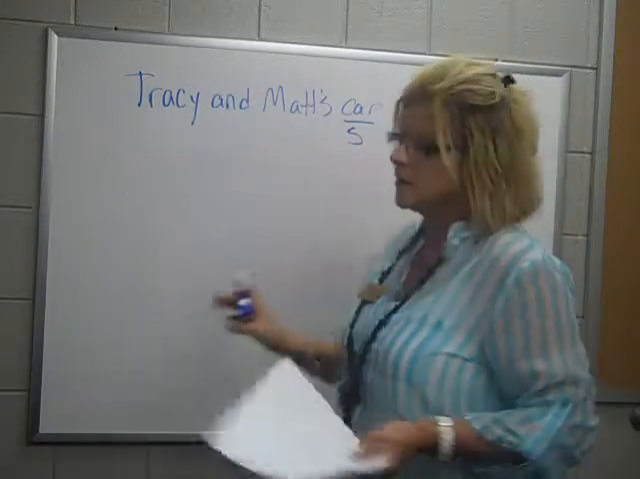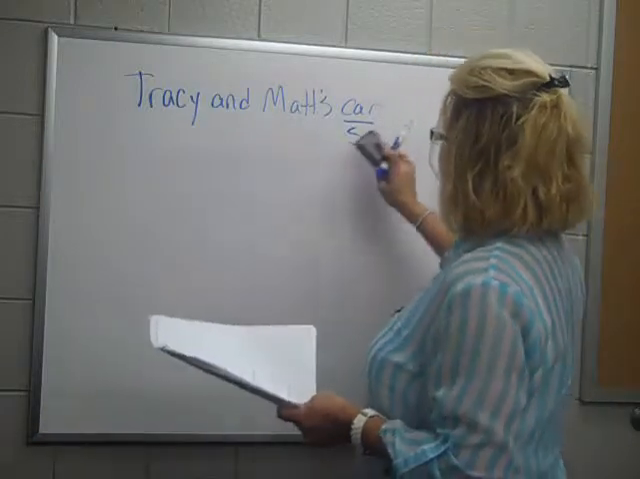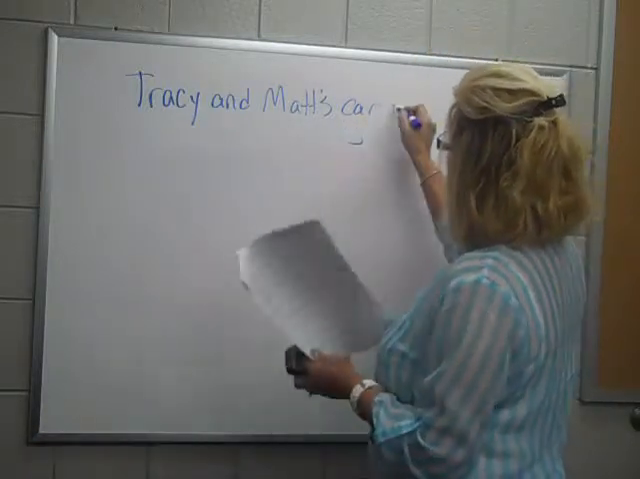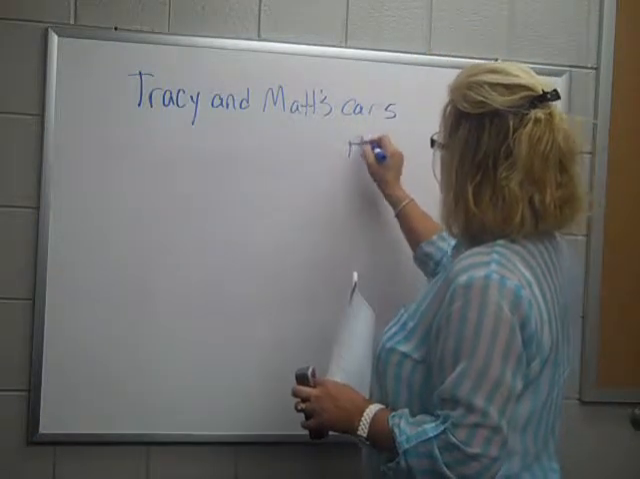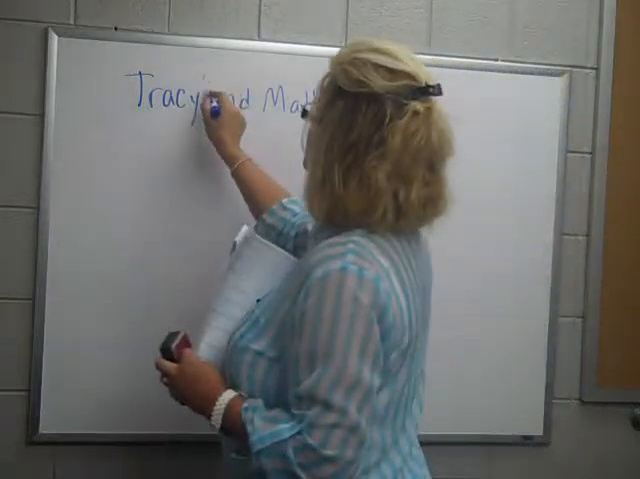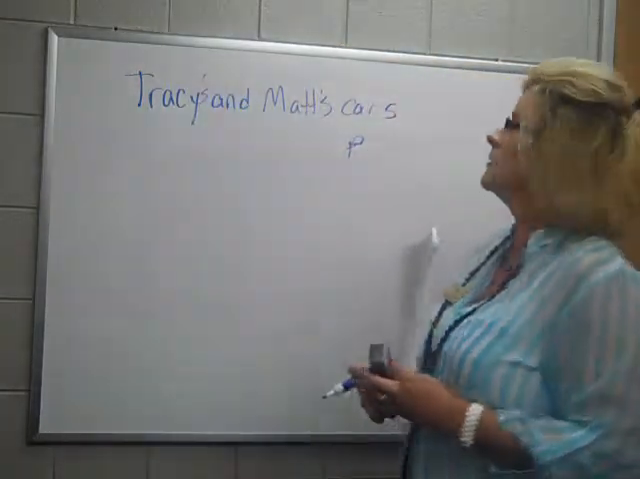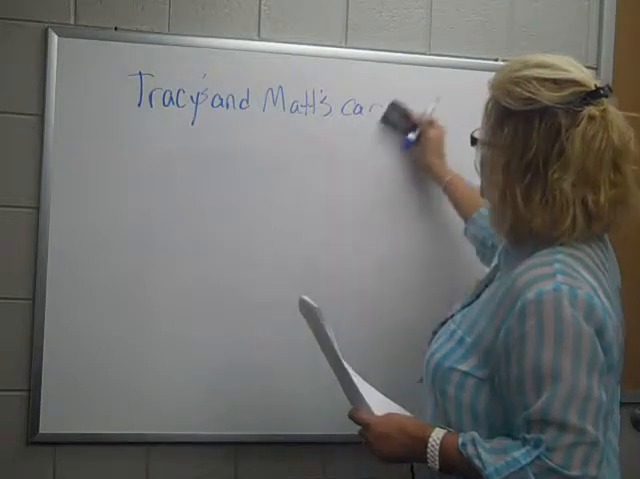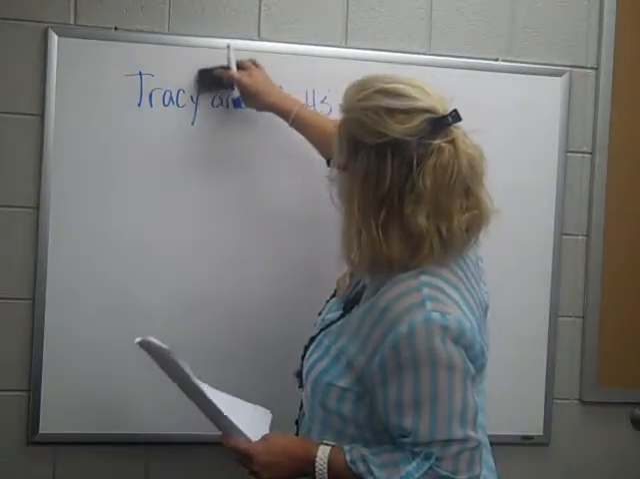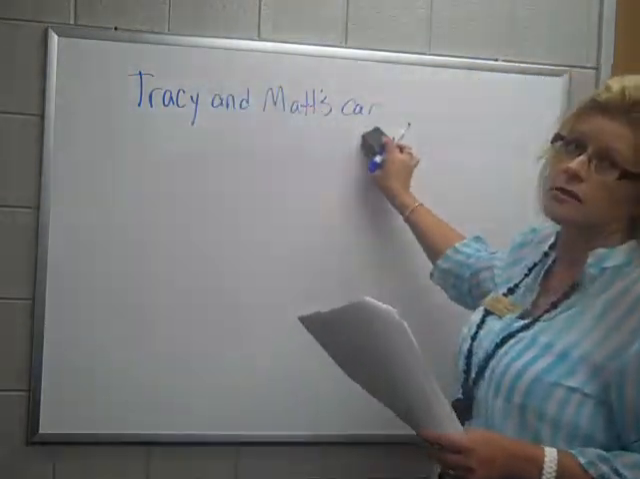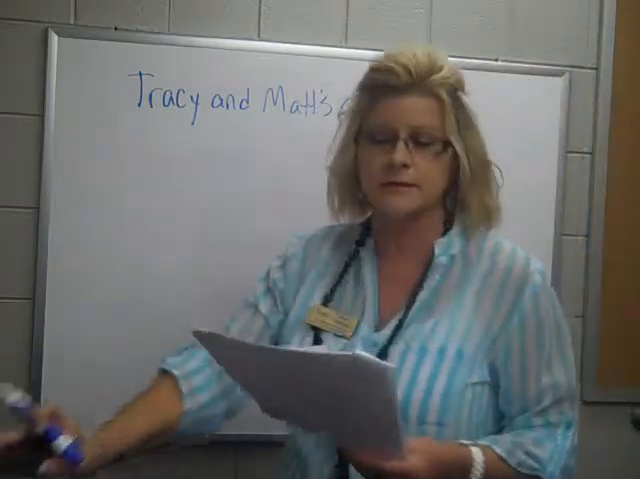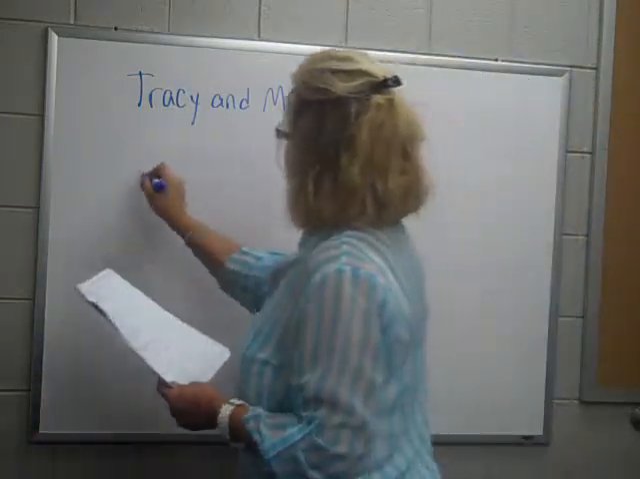If I said Tracy's and Matt's cars, plural, then I would have to put an apostrophe S there. But because I'm only talking about one, then it has to be Tracy and Matt's car. Okay? So this sentence is